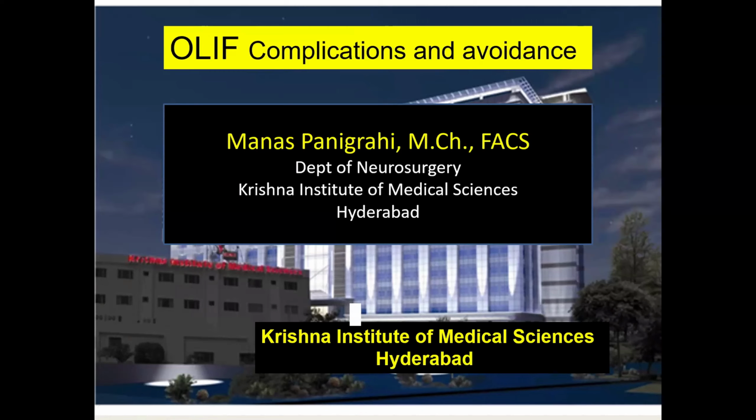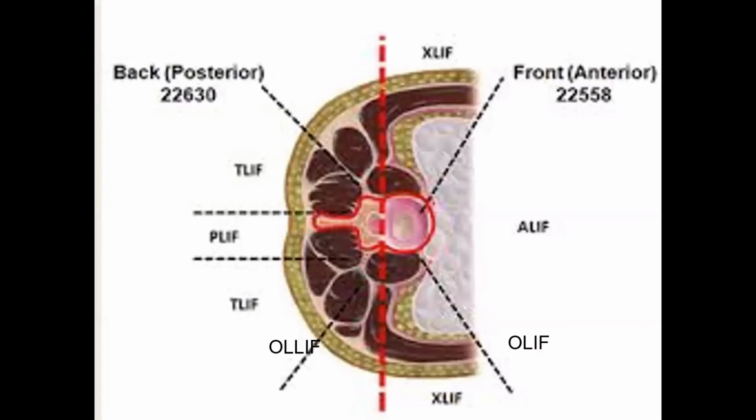My job is to talk about complications and avoidance. I've not done many cases to have so many complications, so I have taken some from my own complications as well as from the literature. What are the possible complications and how can they be avoided? Many of my slides have already been covered by Dr. Anant and Umesh, so there will be some repetition.